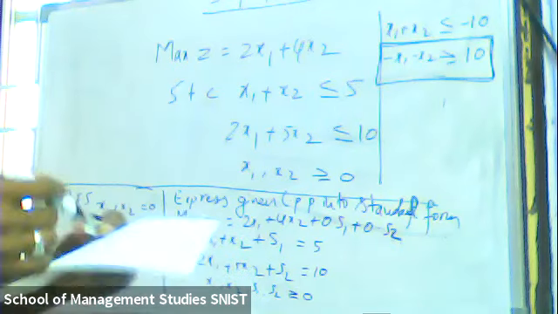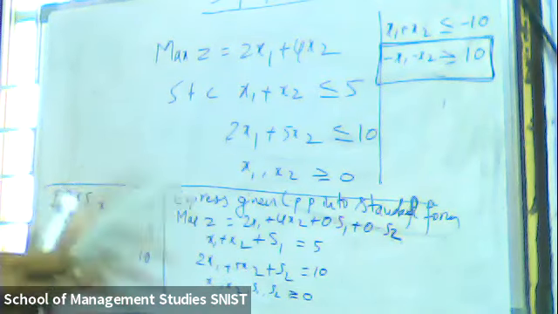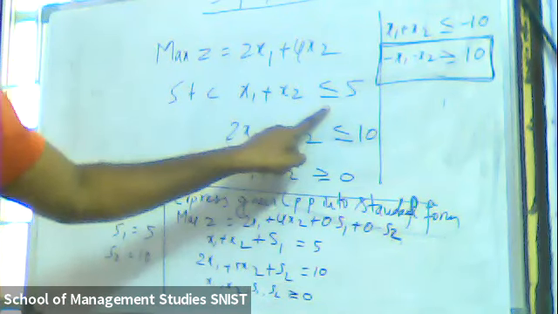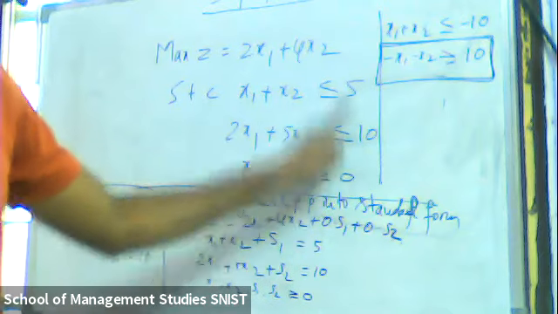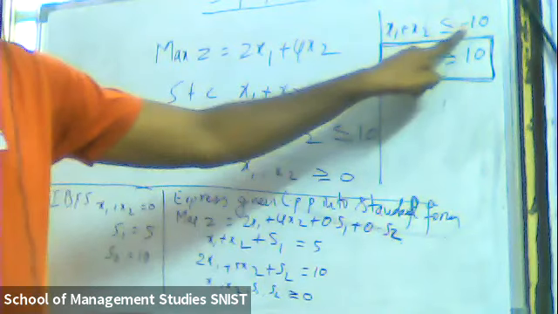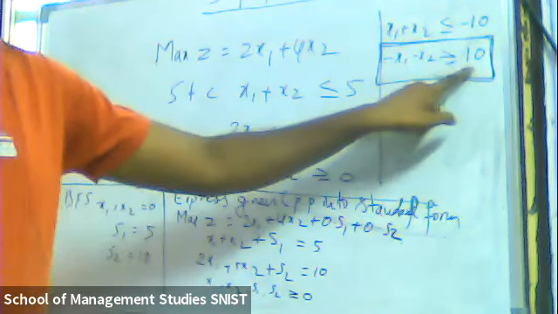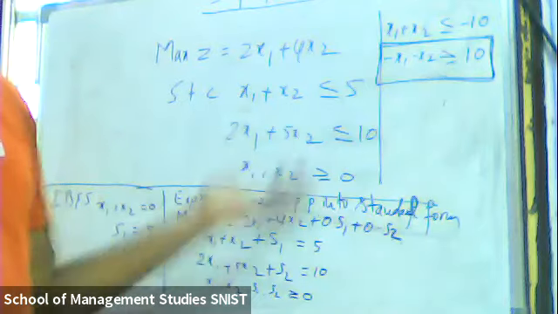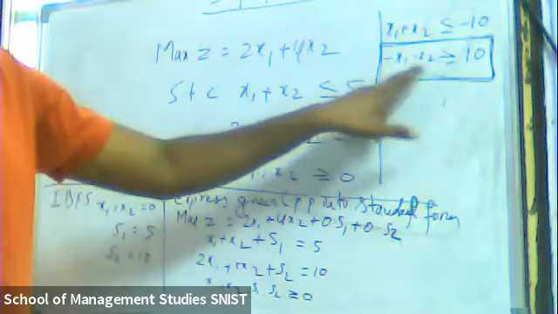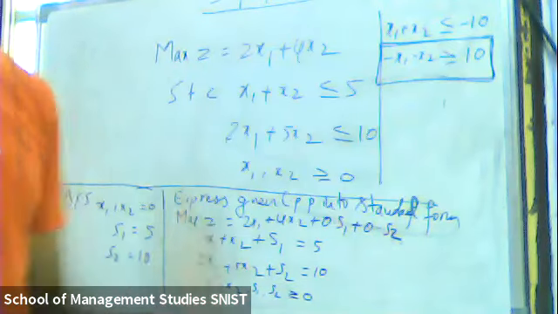This is one more basic funda. The objective function, constraint, and this right hand side value should be positive, should be non-negative. Suppose you get a negative value, how do we make it positive? We multiply both sides by minus 1, then by default the signs change: minus x1 minus x2 greater than or equal to 10.